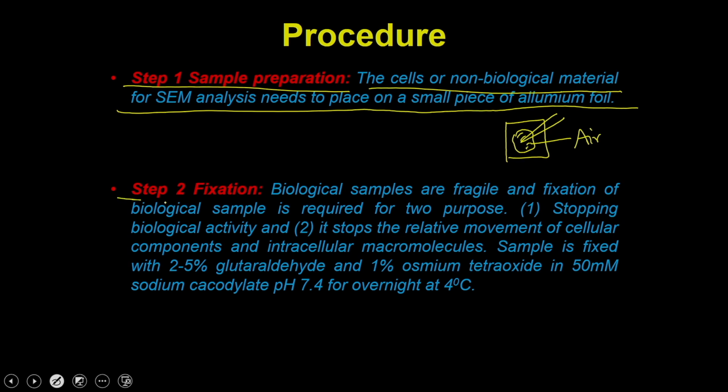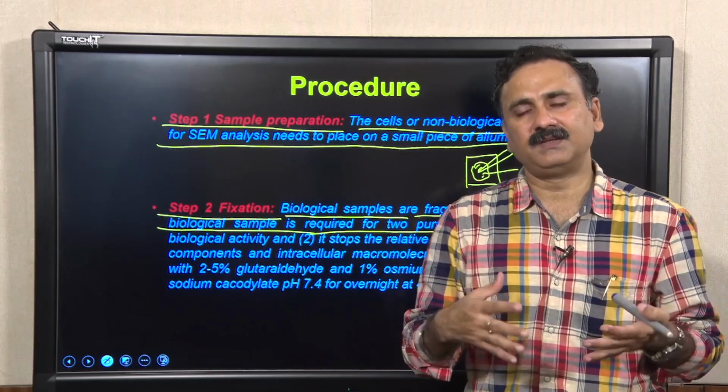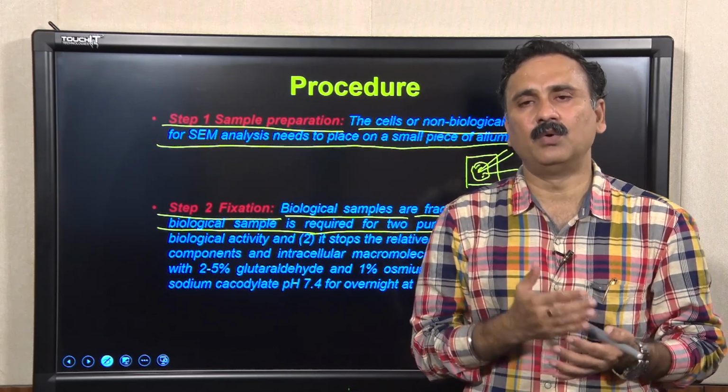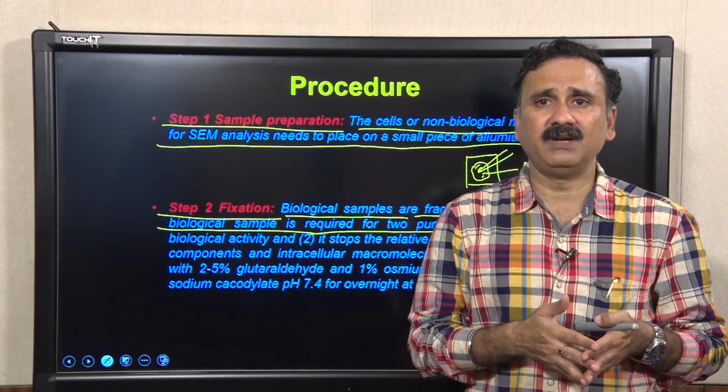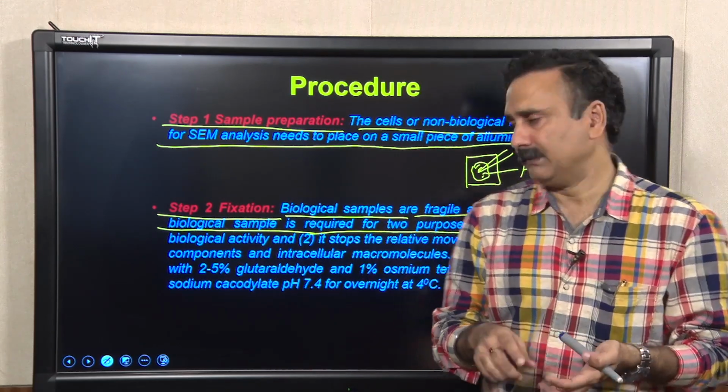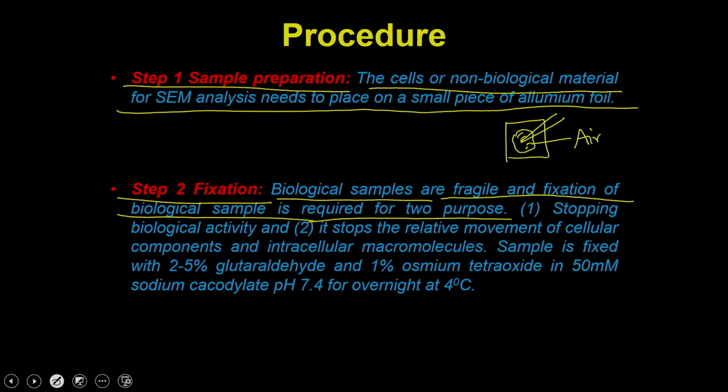And then in step 2 you are going to do the fixation. If it is a biological sample, biological samples are fragile and they need to be fixed, and fixation is required for two purposes. If you remember, we have discussed why we are doing the fixation. Fixation is done to stop the biological activity, and also to stop the movement of the molecules within the cell. Instead of using the normal fixative agents like methanol and acetone, which we discussed when we were discussing the fluorescent microscope,